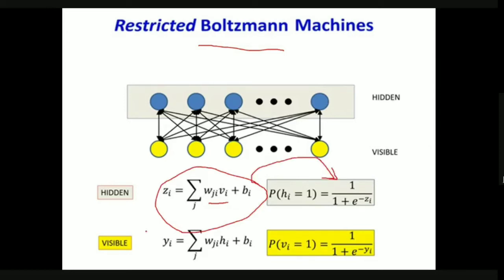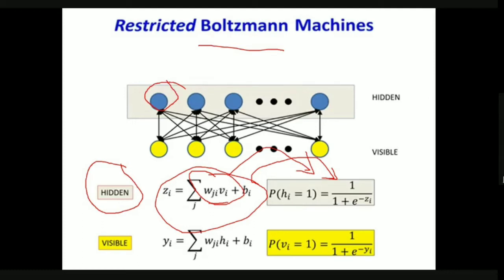Okay. So for Zi, if we take a unit Zi, we'll compute the weighted combination of all the inputs. And then we compute the logistic for that particular unit. That is for a hidden unit. If you consider a hidden unit, what is the hidden unit? These are the hidden units. Let us say we consider this particular unit.